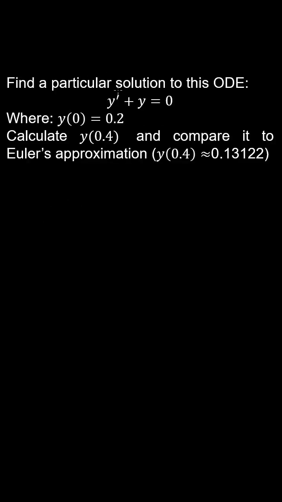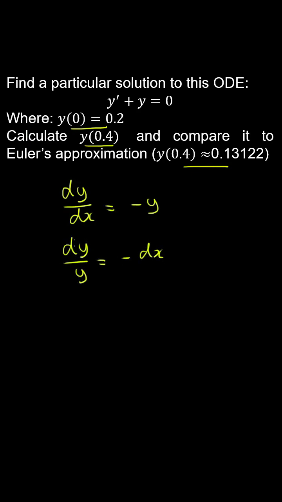Let's find a particular solution to this ordinary differential equation. Well, we're given an initial condition, and then we're asked to compute y of 0.4 using the exact solution. So what we're going to do is put this in a form where we can separate the variables. So therefore dy/y is minus dx, and then integrating both sides, we obtain the natural log of y is equal to minus x plus a constant of integration, and therefore y is equal to e to the power